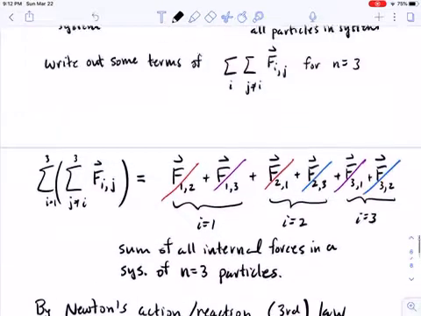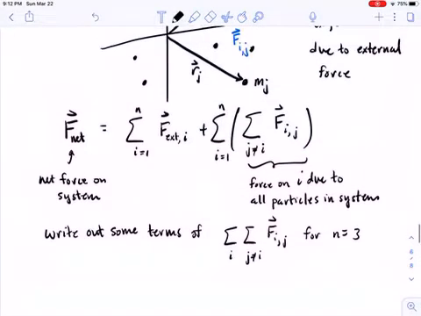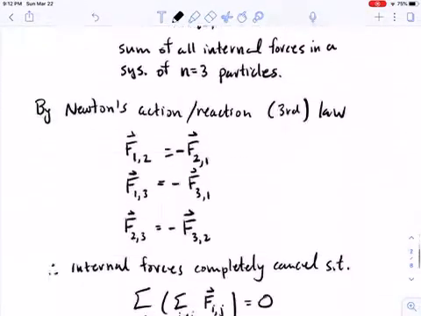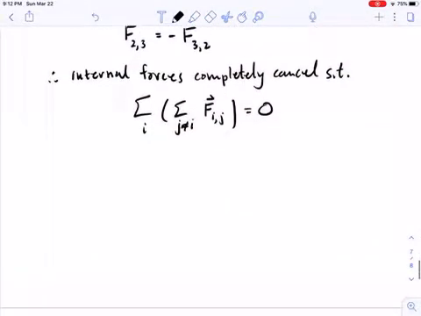Okay, so if we go back to our original expression, then the net force on our system is entirely due to only the external forces. That's an amazing simplification,